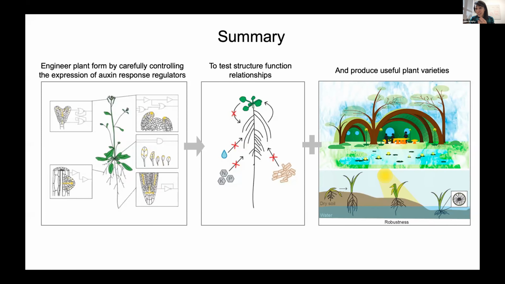And quite honestly, I don't know that this would work, but I think it would be really fun to put some of that knowledge to work and see, okay, this is our model of how the development proceeds. If we try to introduce an auxin response regulator to modify that development and we don't see what we were expecting, can we do some transcriptomics to see, okay, well, in normal progression of development, we know that auxin signaling